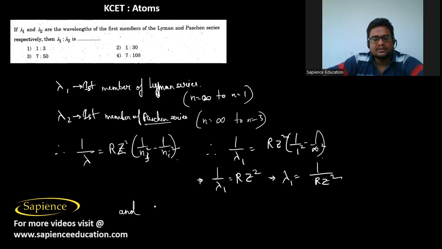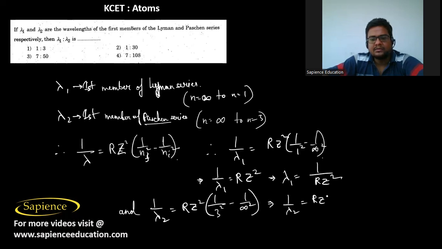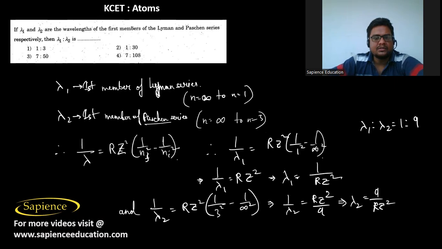And 1 by lambda 2, that is for Balmer series, so it will be R Z square into 1 by 3 square minus 1 by infinity square. So that will be 1 by lambda 2 equals R Z square by 9. So lambda 2 will be equal to 9 by R Z square. So therefore lambda 1 is to lambda 2 equals 1 is to 9, but